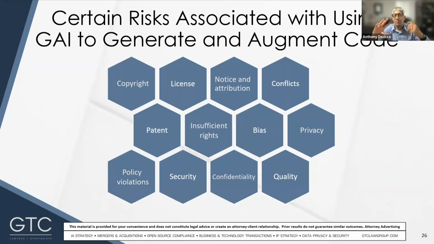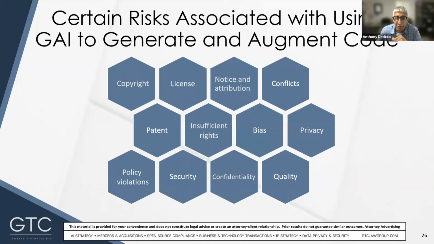But it's interesting to flip the patent and copyright issues around and consider them from the perspective of trying to seek patent or copyright protection. So for example, at least in the US under current law and approaches, code generated by GAI is very likely not copyrightable. And inventions generated by GAI are also very likely not patentable. So you have to be very careful how you deploy the GAI for code generation, because you don't want it to generate secret sauce code that you'd want to own, or to possibly end up inventing things that you want to patent.